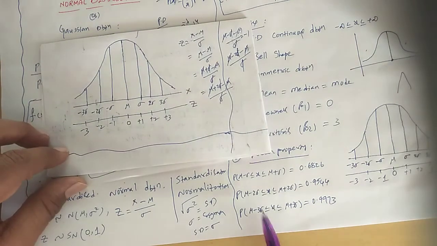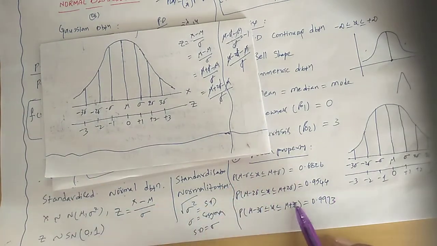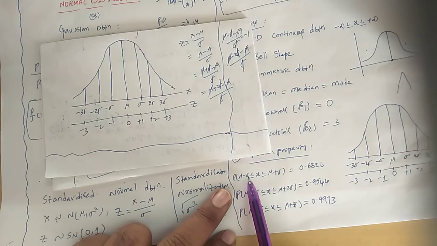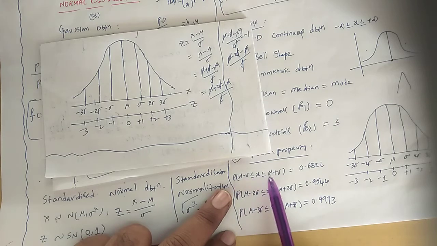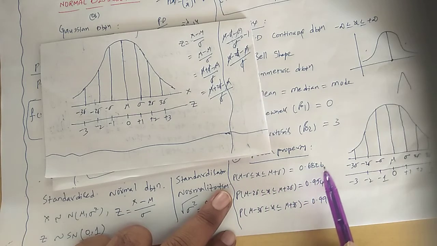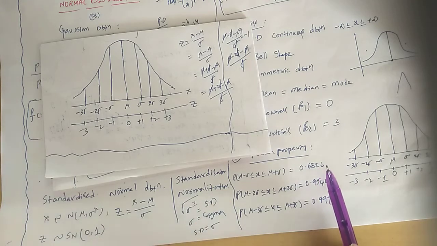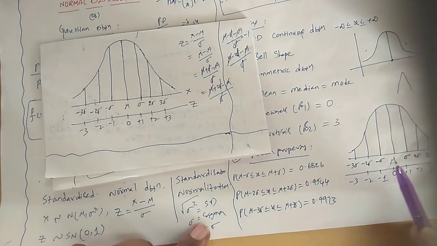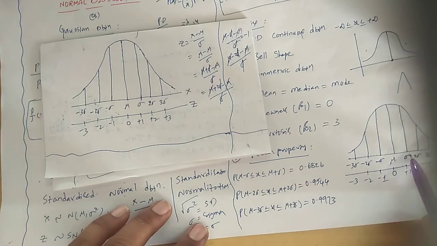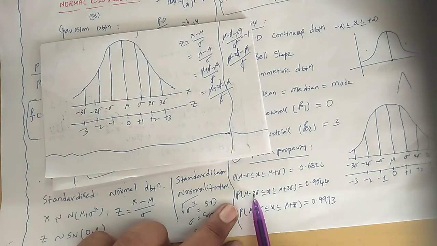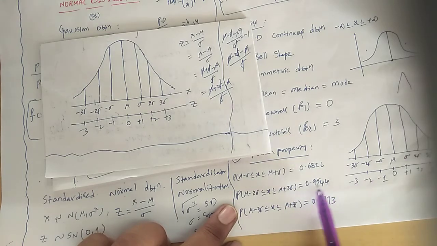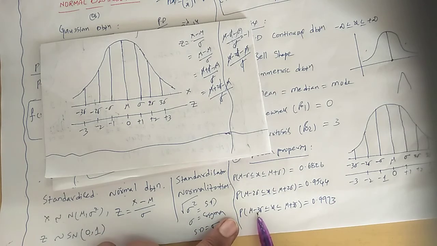According to that table, we got the standard table values. Between mu minus sigma to mu plus sigma, the probability information is available for 68% of values. So out of 100, let us suppose 68% of the probability values are going to be between minus sigma to plus sigma. Between minus 2 sigma to plus 2 sigma, 95% probability will be there. 0.95 means, out of 100, 95%. Same way between minus 3 sigma to plus 3 sigma, how much probability is available? 99% probability value is available.